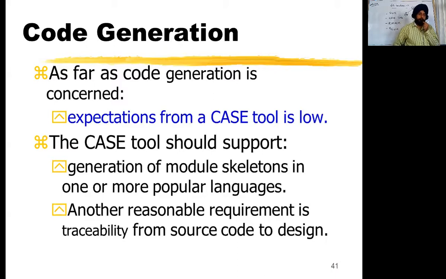So code generation, it also helps you in code generation. It gives you the templates. All the things are given in templates, and you have to only write the particular code. It generates the skeletons, you can say. In Java and all that, the skeleton is provided while writing the code, and you have to only write one or two statements that you want to execute, but the overall structure is already given by the CASE tools. So that is known as the skeleton.